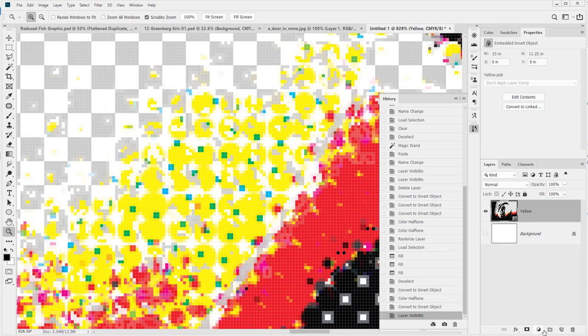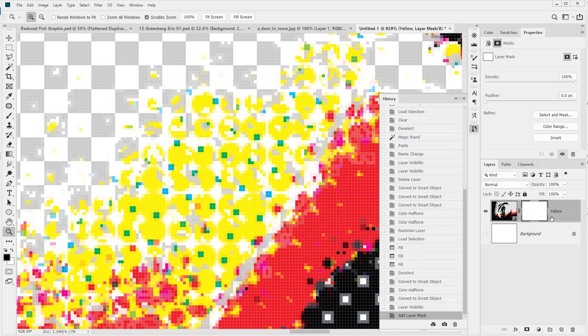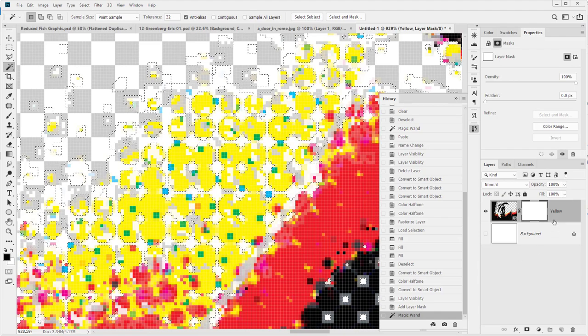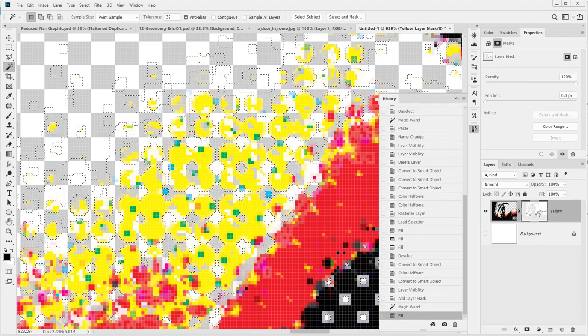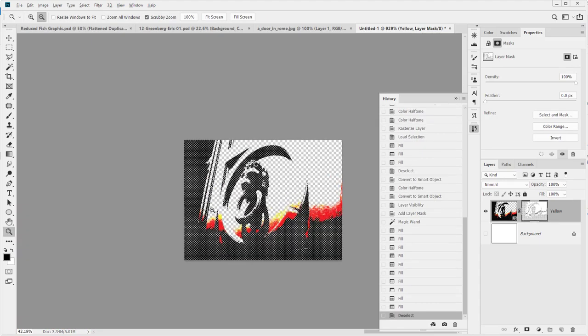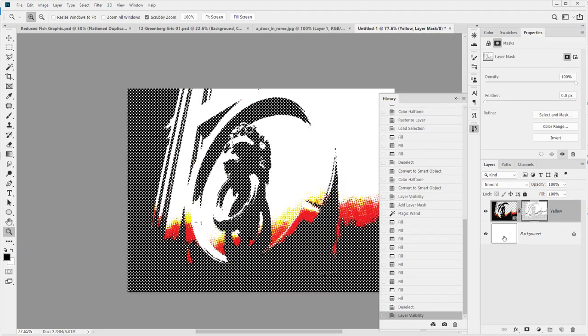So you're going to just come on over to your mask. Come in here through wand. Really should have done that first. Grab all of your white and mask that out. Maybe a couple of times, just so that it gets rid of all of it. All right. So now